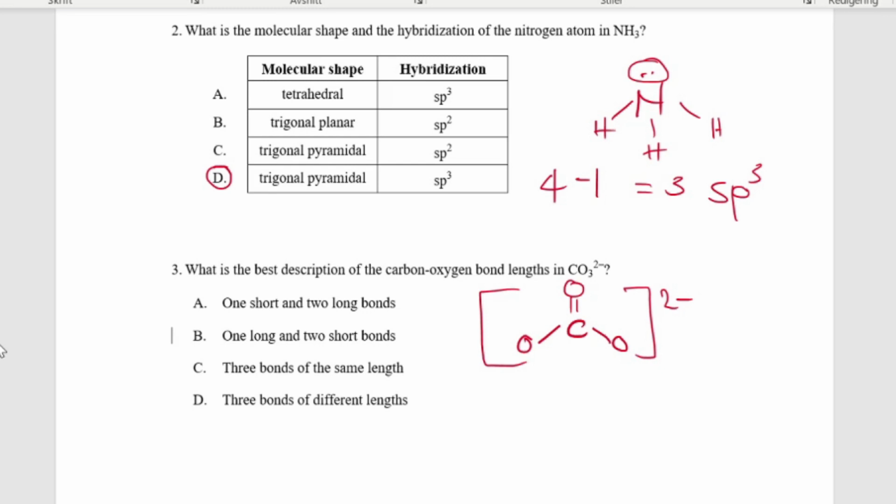According to bond length theory, double bonds are shorter than single bonds, which means there are 2 long and 1 short bond. However, carbonate has resonance structures. It can be drawn as